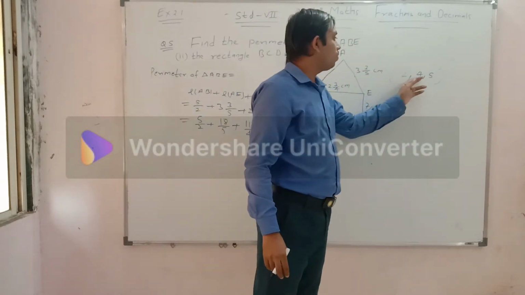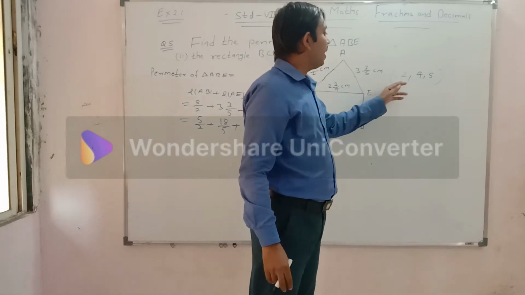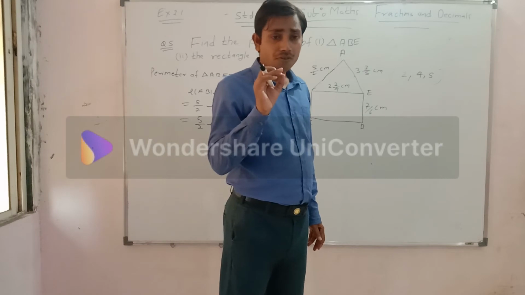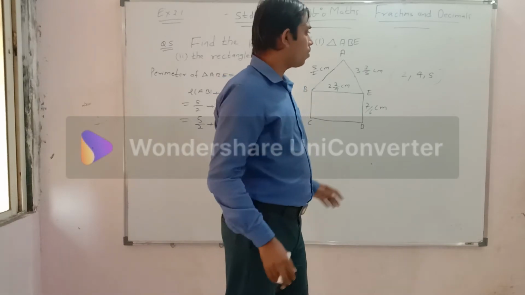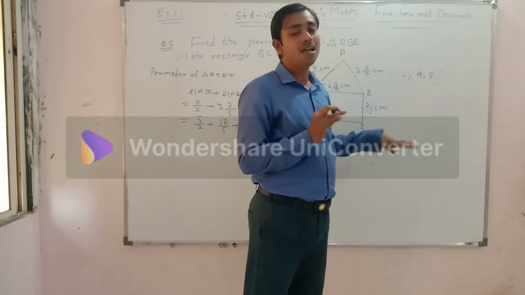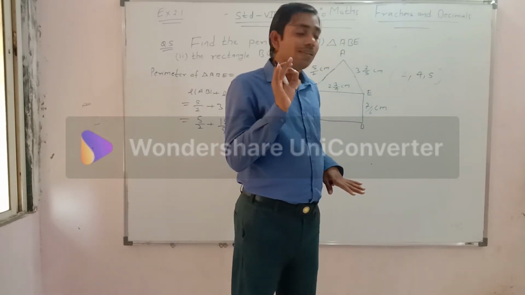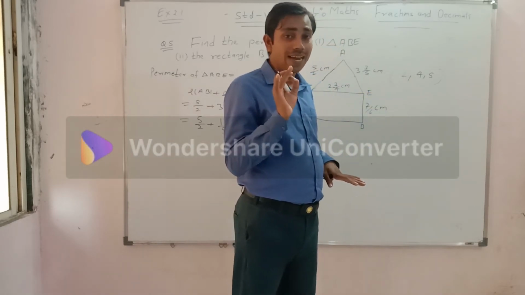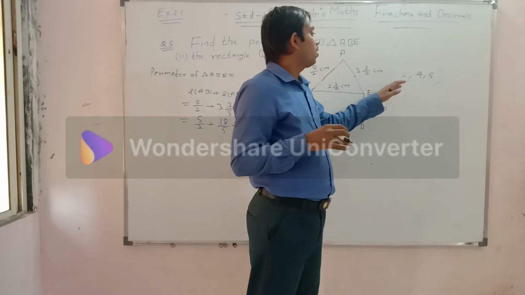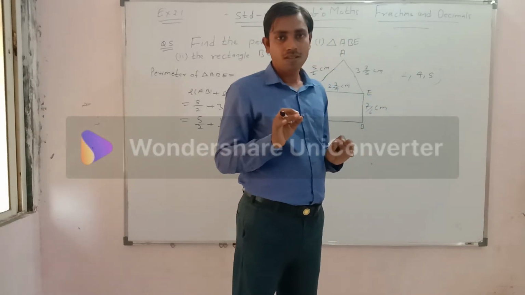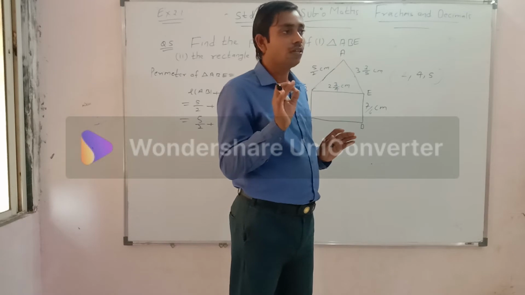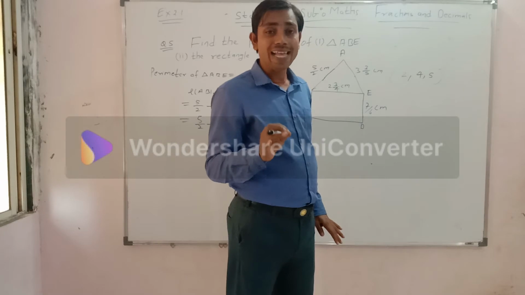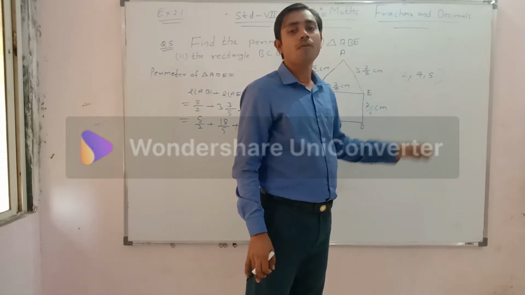So here 2, 4, 5 are given, my dear students. Their LCM is nothing but the product of these numbers. Whenever co-prime numbers or numbers divisible only by 1 are given, the product of those numbers is the LCM. But if these 3 numbers possess a common factor, then we have to use the division method to find the LCM. Otherwise, the product will become the LCM.